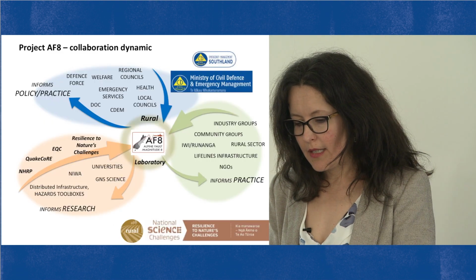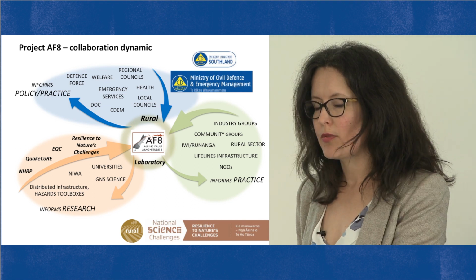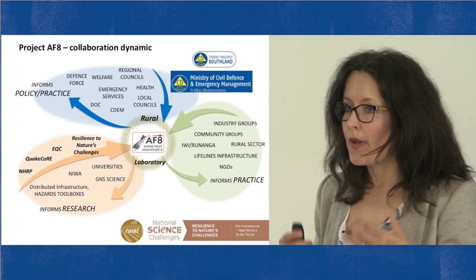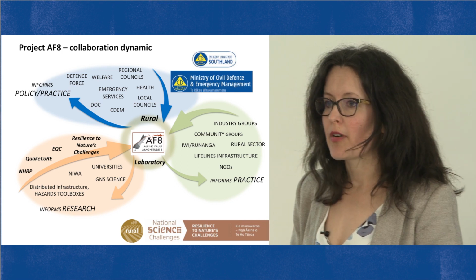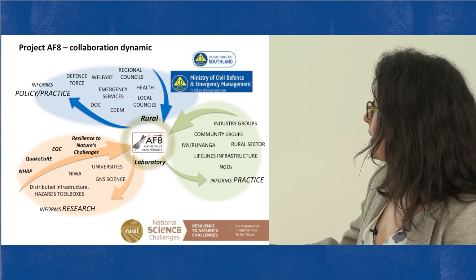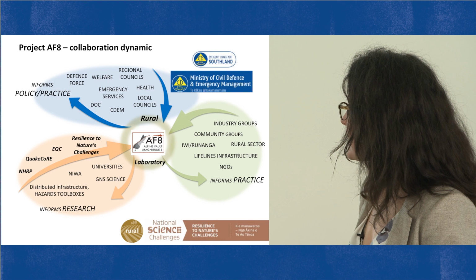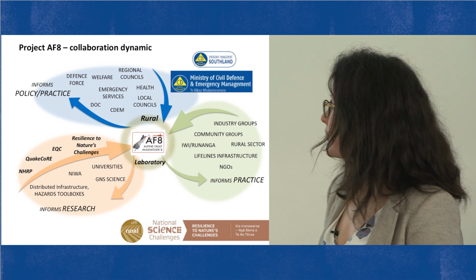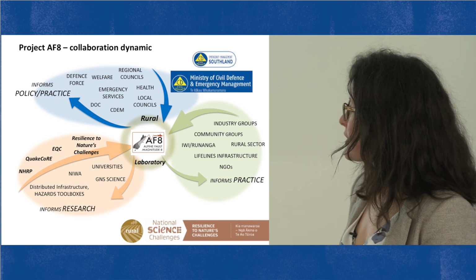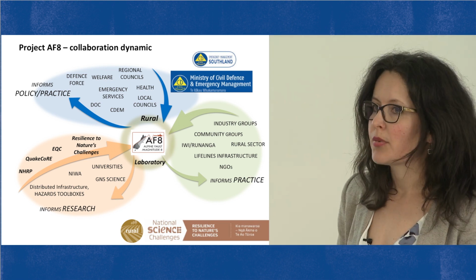So the way that this is structured is really around having been successful with the funding from the ministry, but also having a huge amount of input from the science community as well. So each of the bolded research programs here are putting funding into Project AF8. So the Natural Hazards Research Platform, QuakeCore, the Earthquake Commission, and Resilience to Nature's Challenges primarily are supporting Project